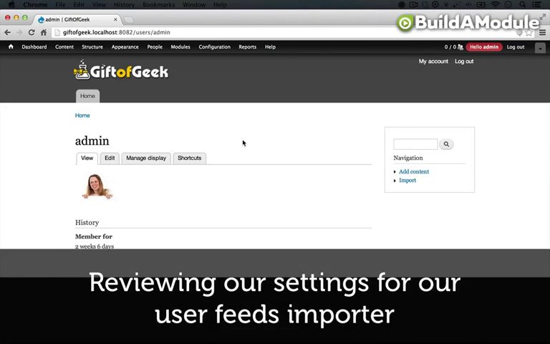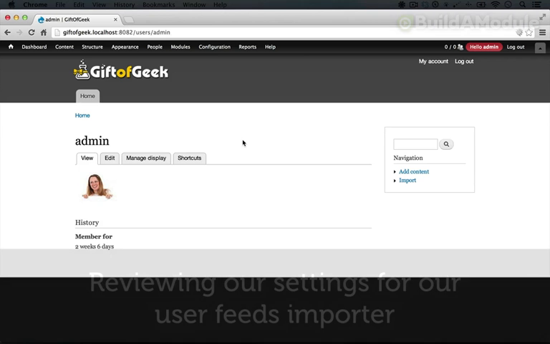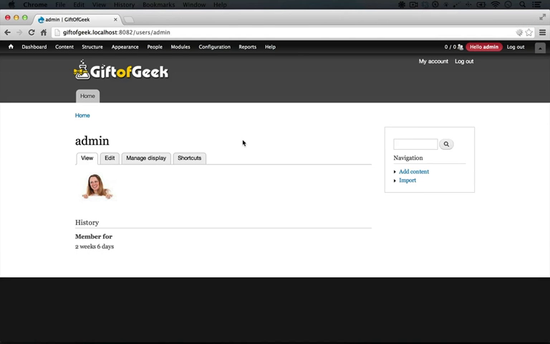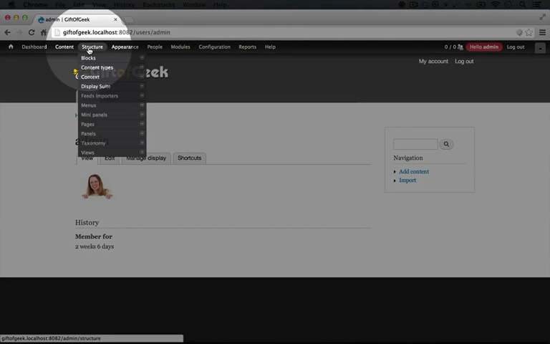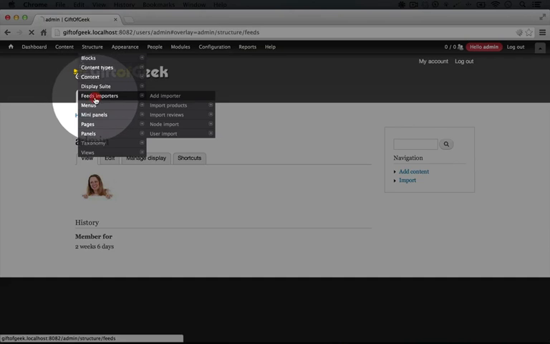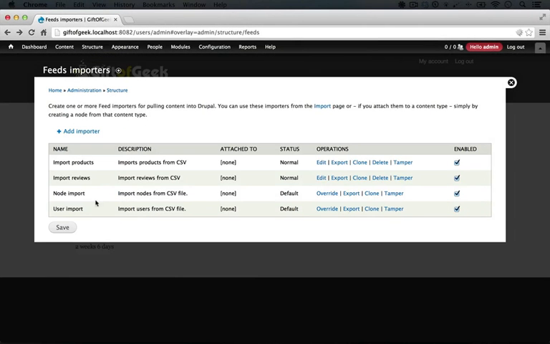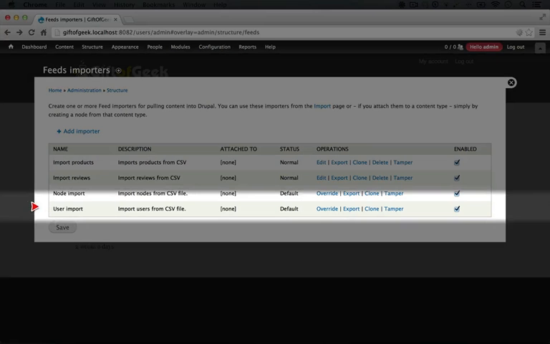Next, what we're going to do is run an import of our users and get them created so we can then associate them with blog entries later on. So I'm going to go to Structure, Feeds Importers, and what we'll do is override the existing user import feeds